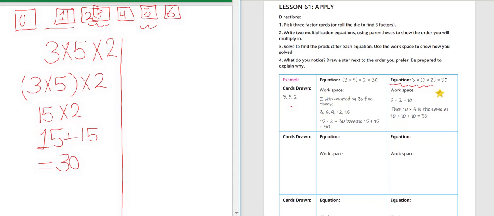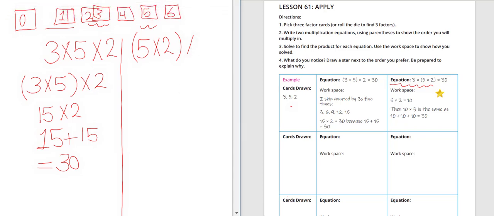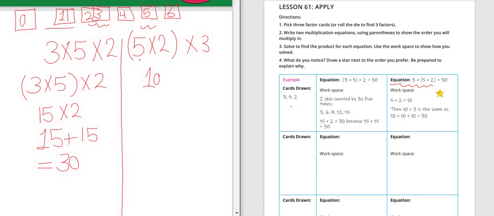So we can take the second with the third between brackets, then times the first factor, and get the product of the second and the third. 5 times 2 equals 10, times 3